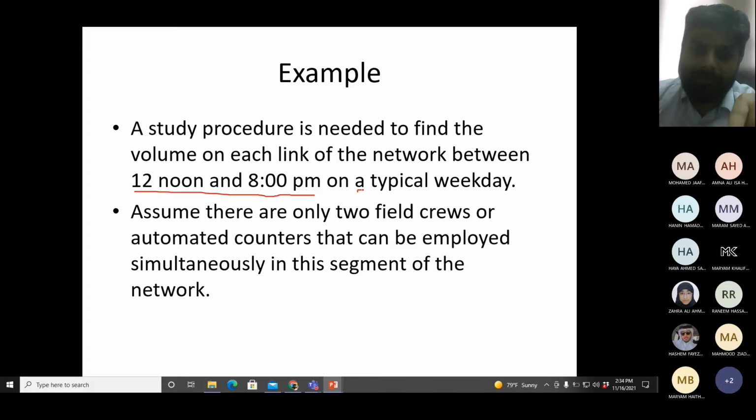If you remember, I said control count must be taken for the entire study period. For the full 8 hours of the study day, 1 team or 1 counter will be on the control count location on point A, on segment A. So out of these 2 teams or 2 detectors, 1 is on the control count. The remaining, I have 6 segments and 1 team. Obviously I don't need the full 8 hours of data on the other locations because they are coverage.